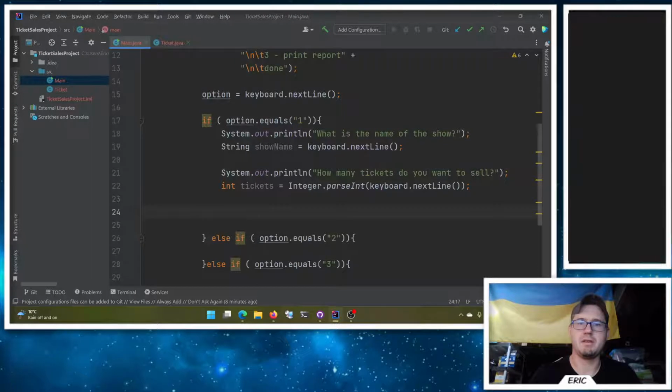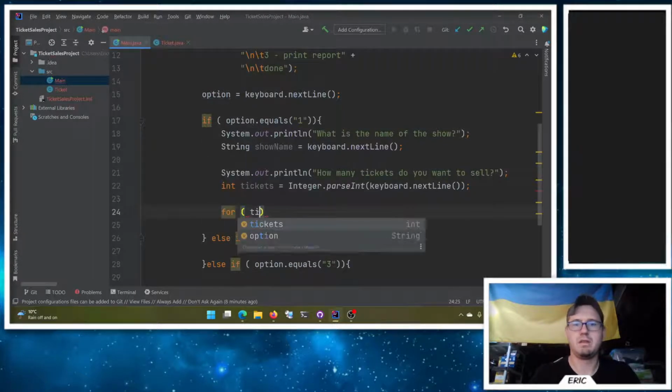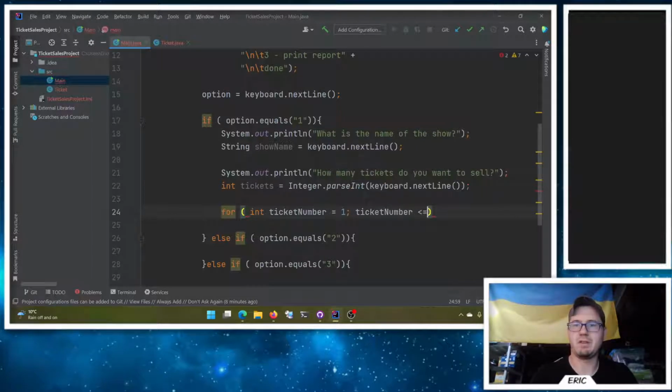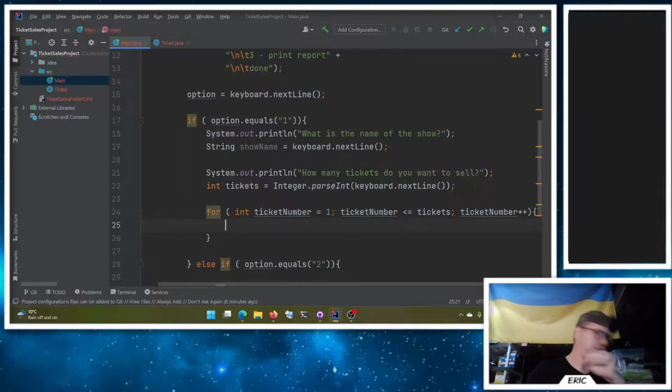We can say for int ticketNumber = 1; ticketNumber <= tickets; ticketNumber++. And then what I'm going to do here to make my life easier, because I know we're going to have to,